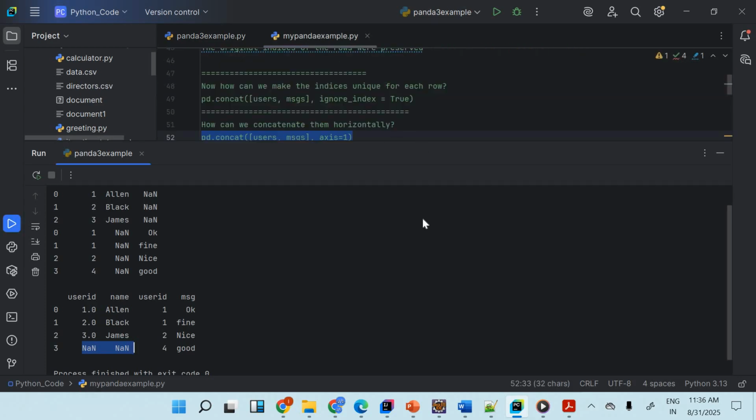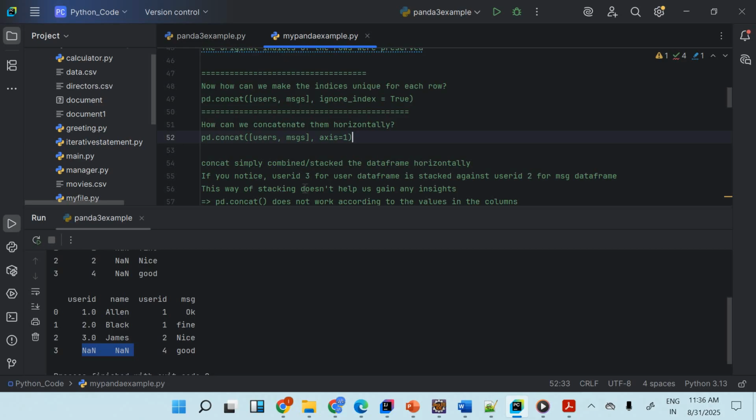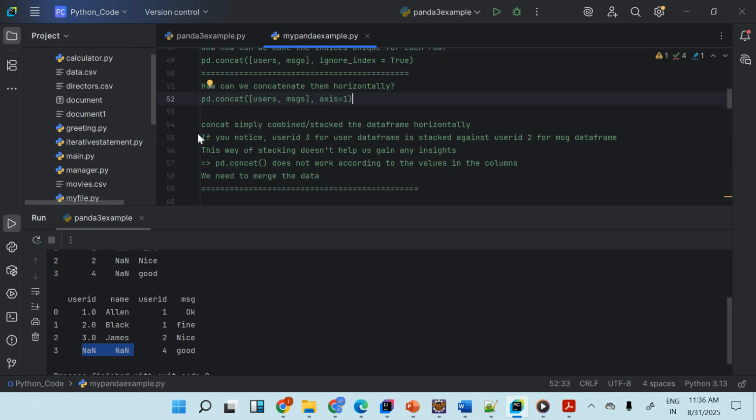Now let's understand some more examples. Now combine them, right? So concat simply combines, stacking the data frames horizontally. If you notice, user 3 from the user data frame is stacked against user ID 2 from the message data frame. This way of stacking doesn't help us gain any insight, right? So what do